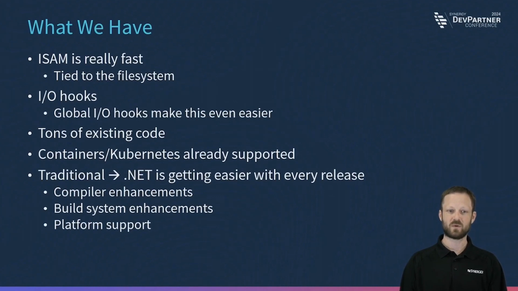But this is made up of compiler enhancements, so the .NET compiler can compile more stuff than it used to be able to. Things that we used to error about, we don't anymore. There's quite a lot of build system enhancements around producing large amounts of main lines that used to be very prohibitive and difficult to do in .NET. And we also have more platform support than we used to. So we work on Windows and we work on Linux currently. And that enables a lot more use cases, having that Linux support.